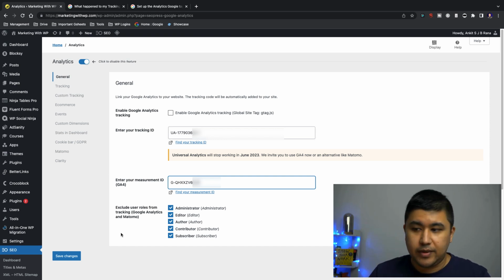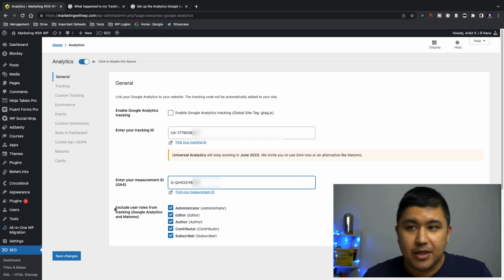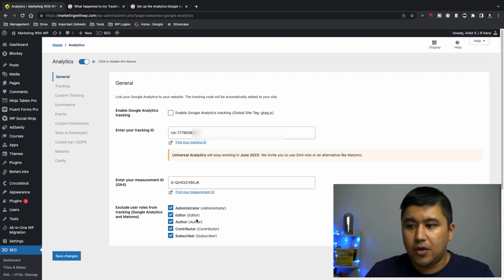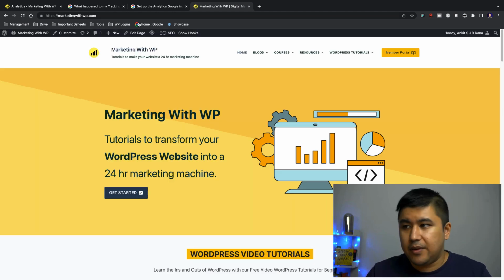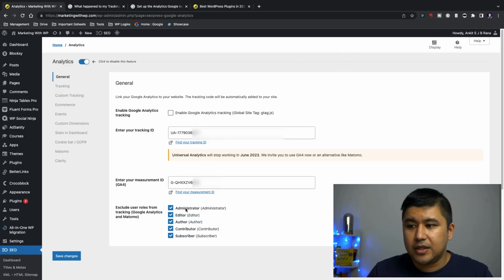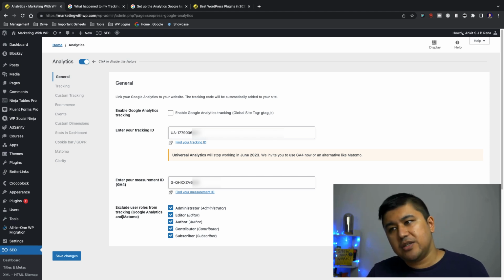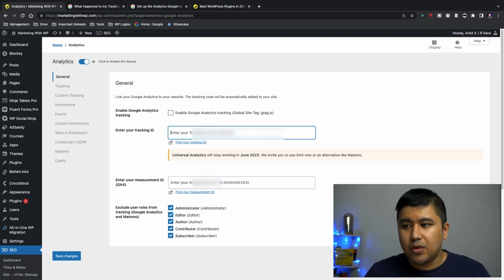Now, here's another cool thing. In SEOpress, if you are logged in as an admin or any of the members, you can exclude users from being tracked if you are logged in already on the website. So if I'm logged into my WP admin, and I go to my website, start scrolling around, go to blogs and courses, whatever, Google Analytics will not track me because I've given that option to exclude user roles from being tracked. Okay, so in this instance, it will not track you. But if you want to track your subscribers and contributors, how they're engaging on the website, make sure this is deselected. For now, I'm going to remove this because now we're going to look at number 2,